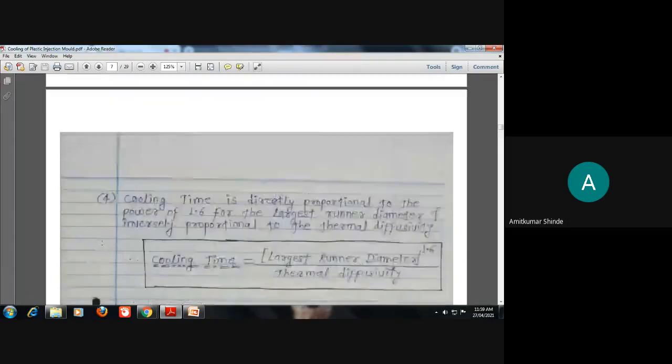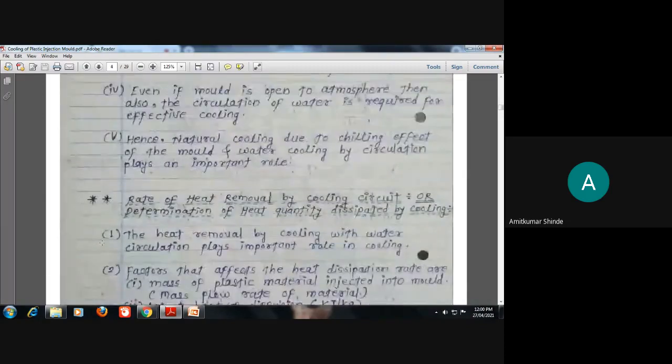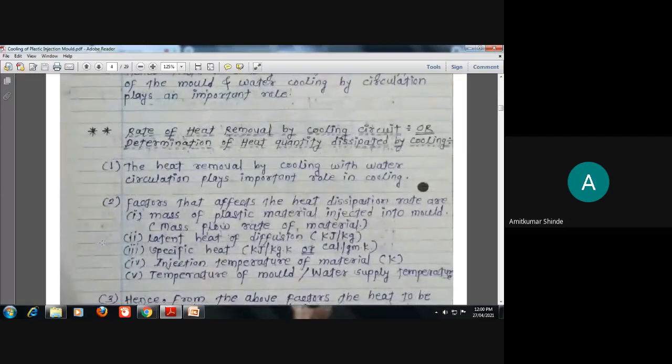Now, the important factors which we have discussed in this session: starting from the ejection temperature or optimum mold temperature, why we have to maintain the optimum mold temperature or ejection temperature, which factors will affect that ejection temperature, and what its effects will be. Then after that we have discussed flow ways and cooling circuits. Then heat dissipation with the natural cooling we have completed.